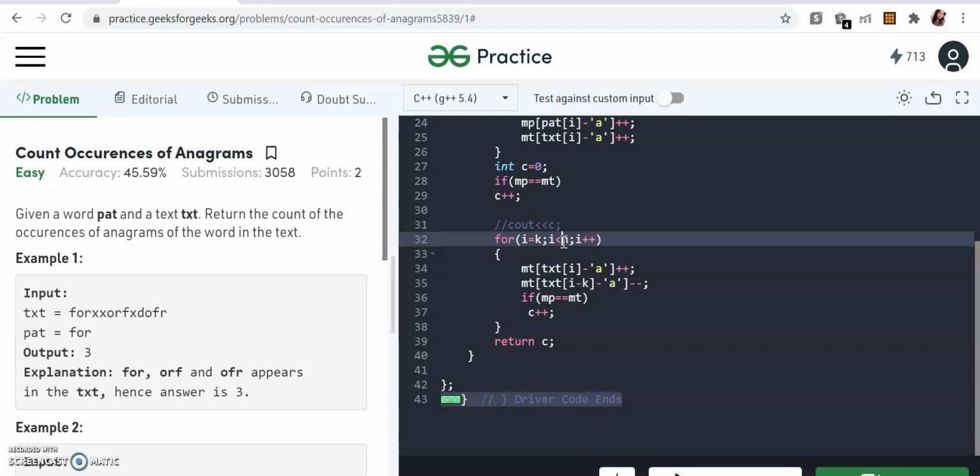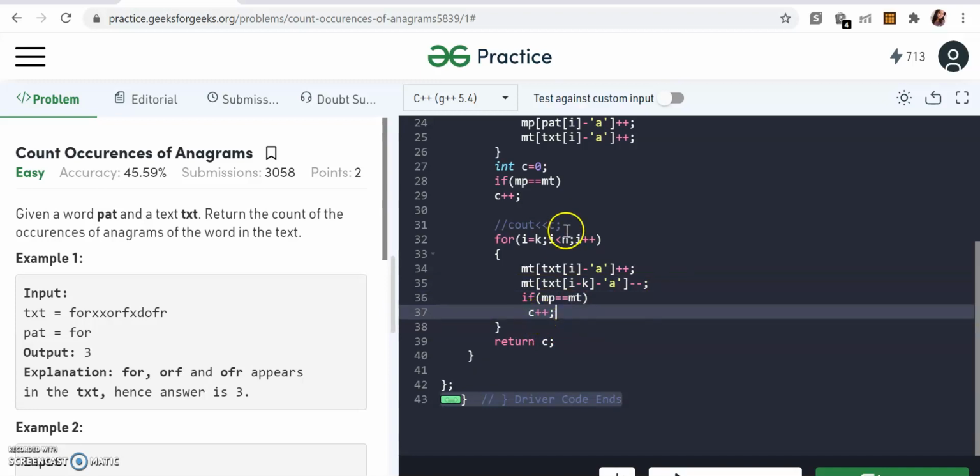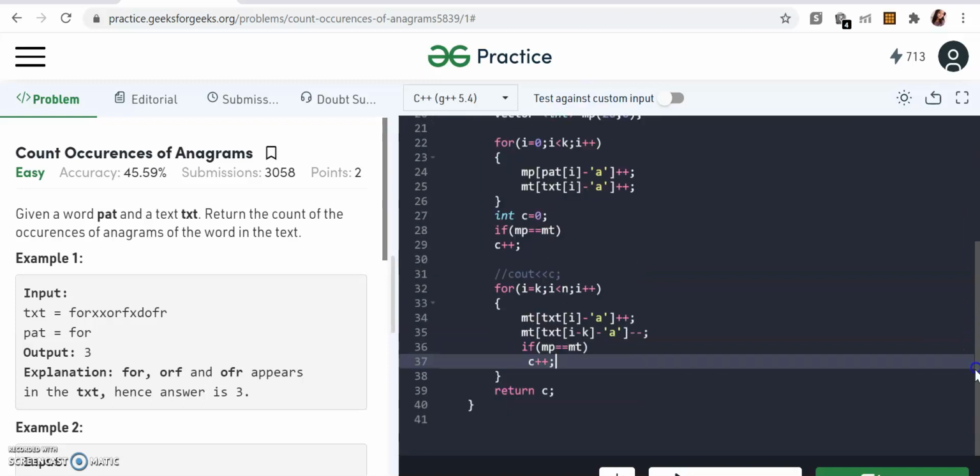Now what we have to do is move one character ahead. So for moving that window one character, the first character that was there, we have to eliminate it from the vector and add the next character, right, as explained. So that's what I'm doing. I'm adding the next character, which is the ith character, and we have to remove the i minus kth character. So I'm just going to remove it, and again I'll do that simple check and just add it to the count. So at the end of this, our c will contain the count. That means how many anagrams there are. Okay, so let's just try to run this and see if this works out.